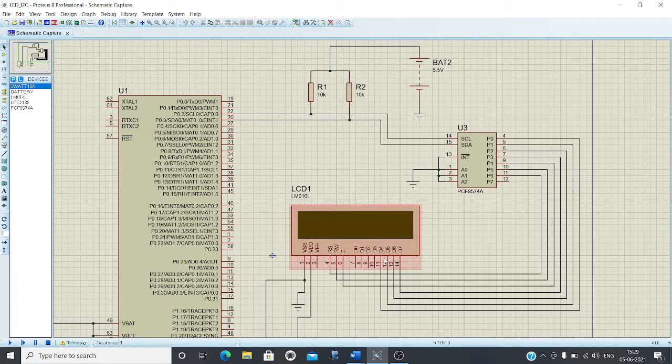To connect this LCD, from D0 to D7, all 8 data pins of LCD are connected to 8 port pins, and also RS, RW, E. These are the control pins of LCD, and they are connected to 3 more pins of this LPC. Totally, it is consuming 8 plus 3, 11 port pins for a single LCD. It is a most unrealistic case.